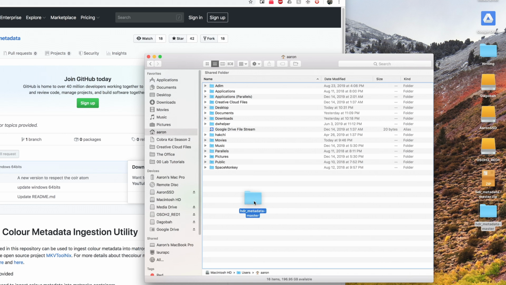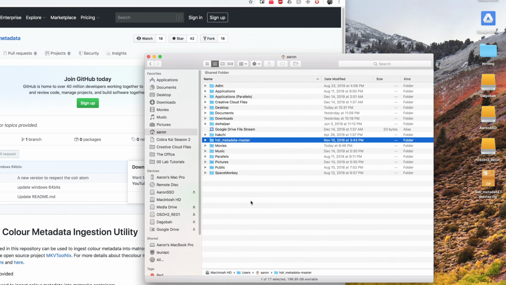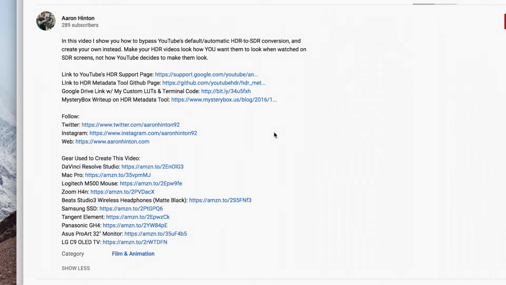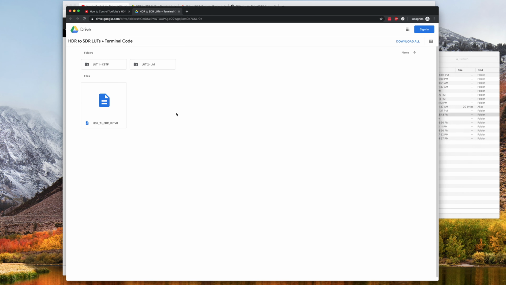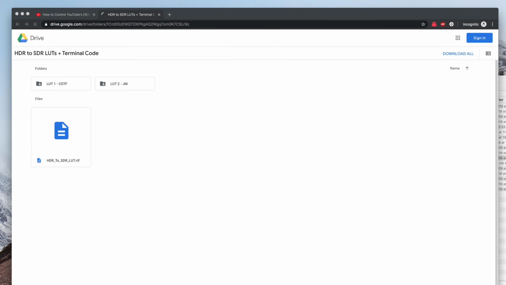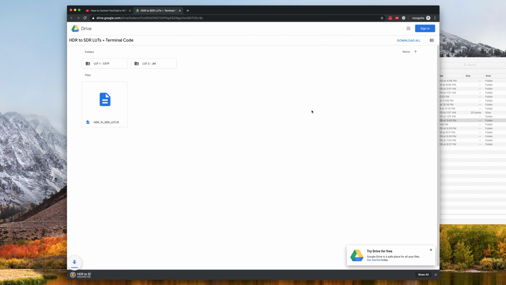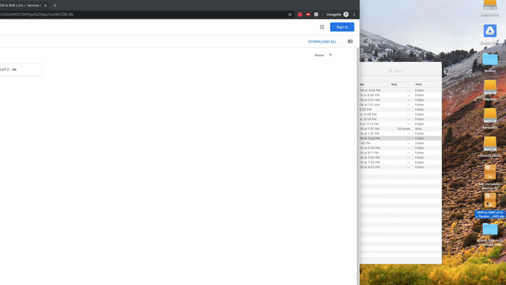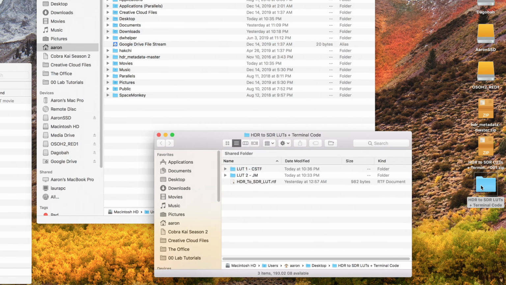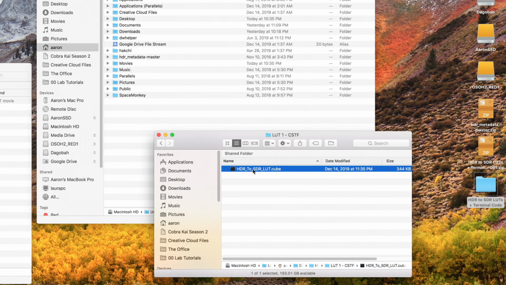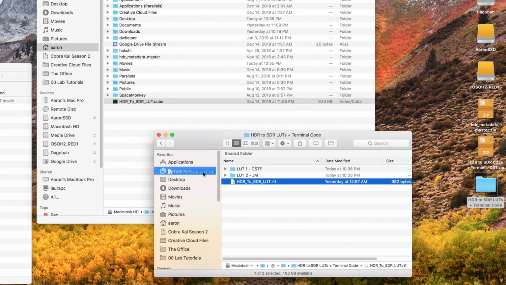In my case, it's the Aaron folder. Now, there are a couple of additional files you'll need as well, which you can get from my Google Drive link down in the description. Here, I've included 2 of my own HDR to SDR conversion LUTs for free. So if you don't want to make your own, you're welcome to try one of those and see if it works for you. Or if you do want to create your own, I'll show you how in just a bit. The other file you'll need is the RTF text document. Okay, grab one of the LUTs and place it loose inside your Mac user folder, as well as the RTF